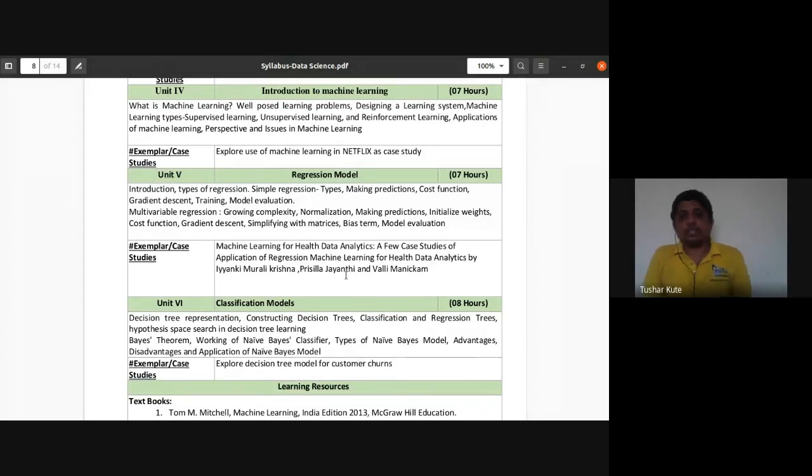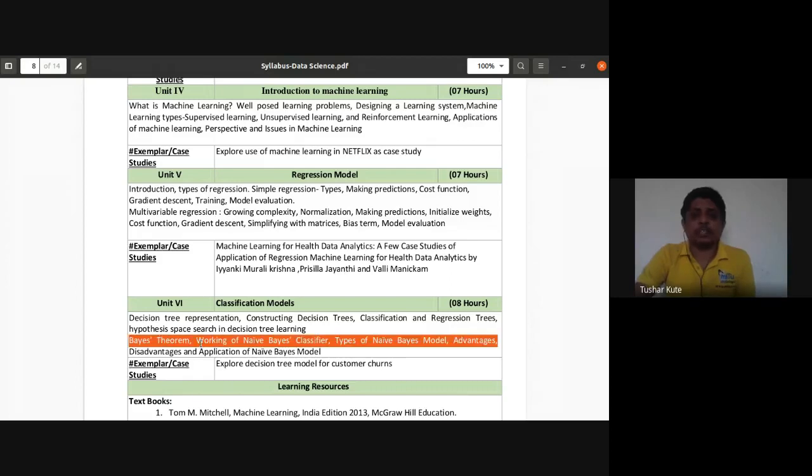and Bayesian theorem. I think both of them we have seen in the last semester also, but they are not there now. They are present here in the classification system. So we'll be having decision tree classification, regression trees, and how to use this decision tree for multiple purposes, that we'll see. And Bayesian theorem. Again, Bayesian theorem is duplicated here. Bayesian theorem is present here also.